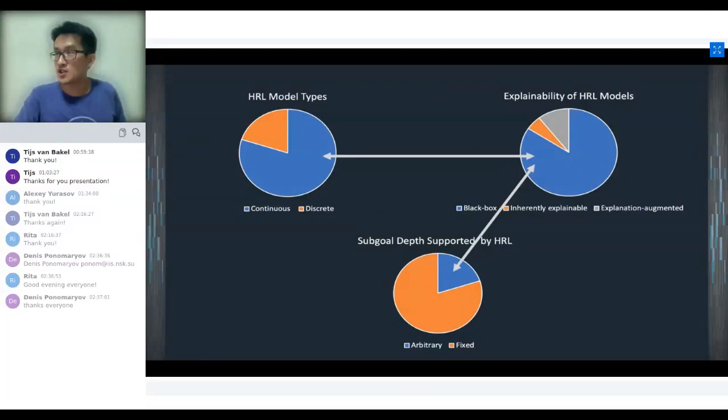However, on the other hand, we think that lots of business tasks are actually discrete tasks. Lots of data the business has is actually discrete data. I will talk about it a bit later. So it's a question for us whether we throw out discrete worlds and discrete models as a separate animal at all. From the other hand, if we look at explainability of HRL models, we see that many of them